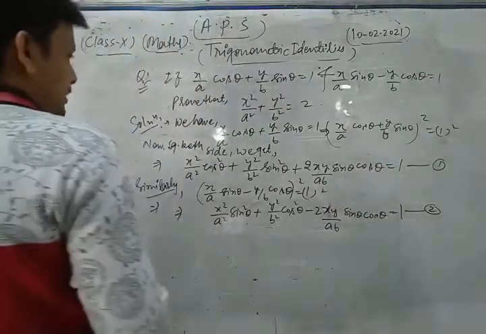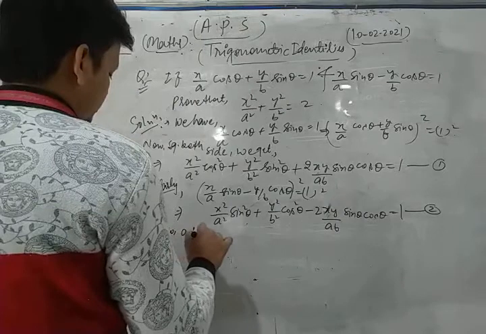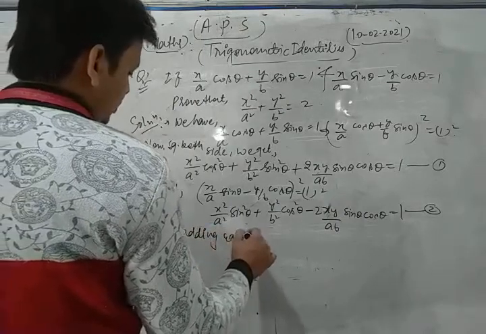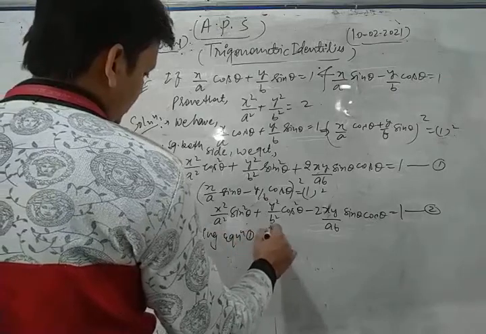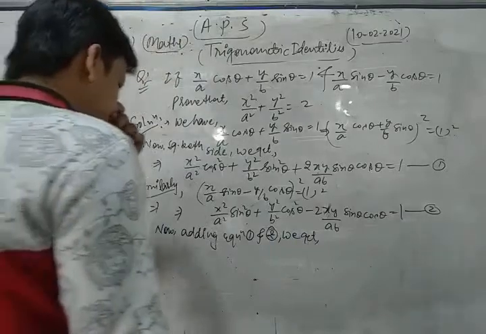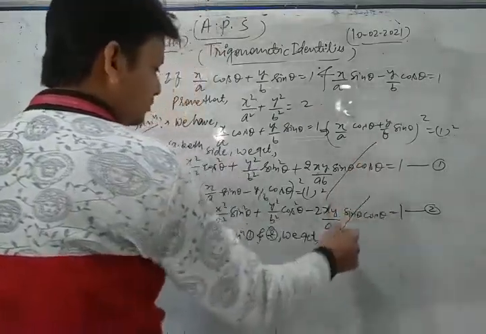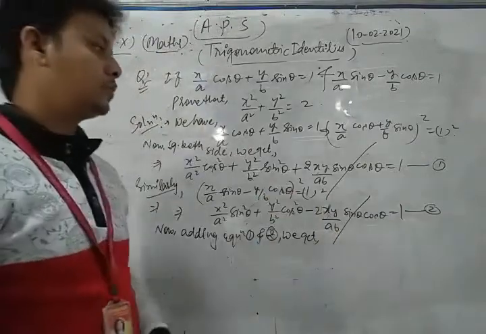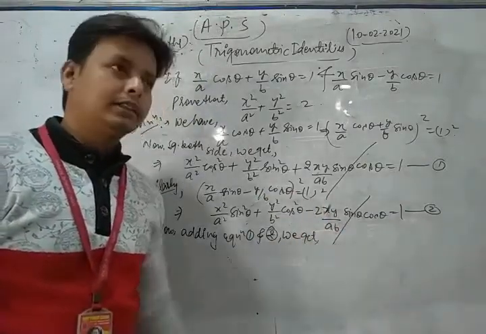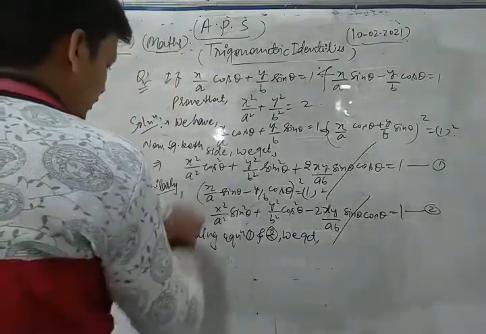Adding equations 1 and 2, dear friends, the plus and minus cancel each other: plus 2xy upon ab sin theta cos theta and minus 2xy upon ab sin theta into cos theta cancel each other. So we are left with only